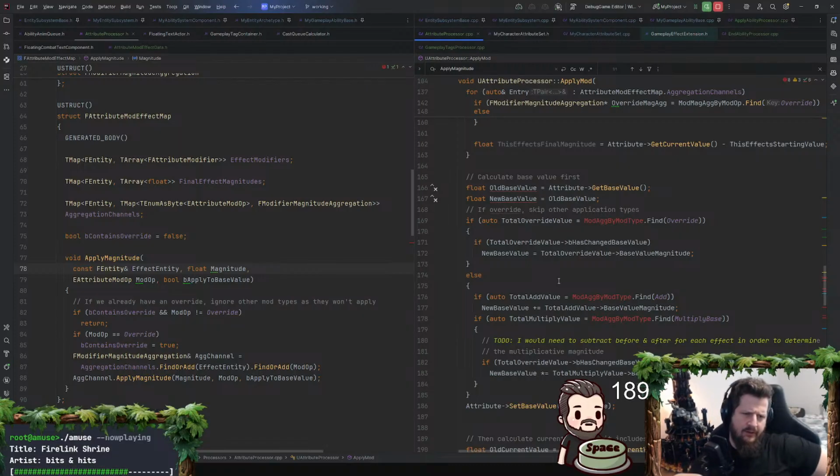Health is kind of a weird one, because I don't know if health would ever have a difference between base and current value. I think health would only have base value, right? Okay, let's do something like stamina. You could have a temporary stamina buff. If you have a stamina buff that overrides stamina, if it's duration based, it should apply to current value and override it for the current time frame. But if I have an instant effect, I think I should still have the difference between the two. I think I still need that difference, actually.